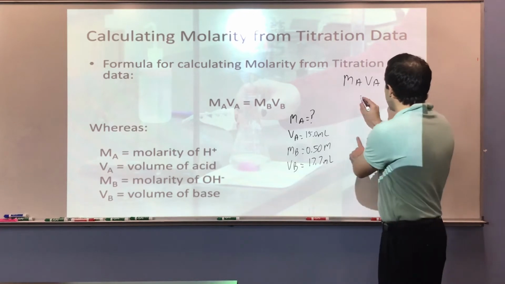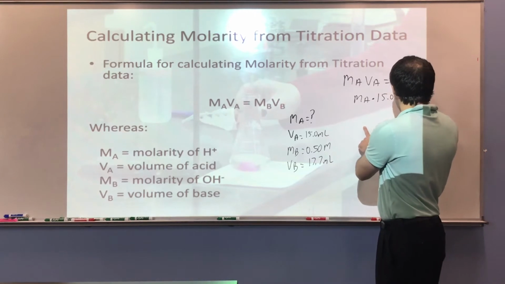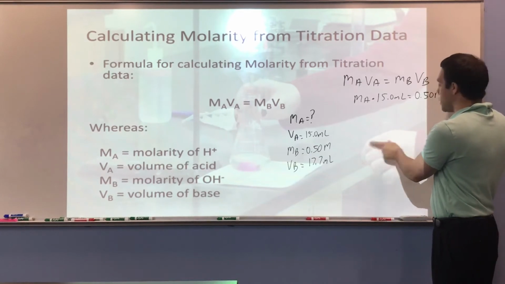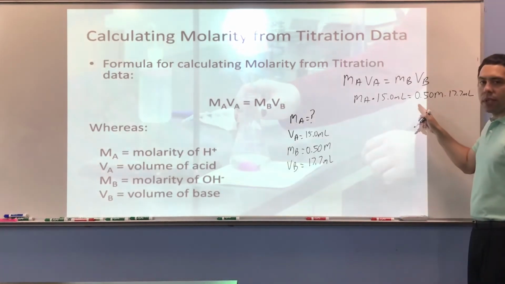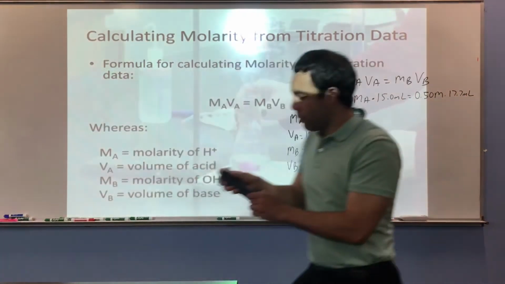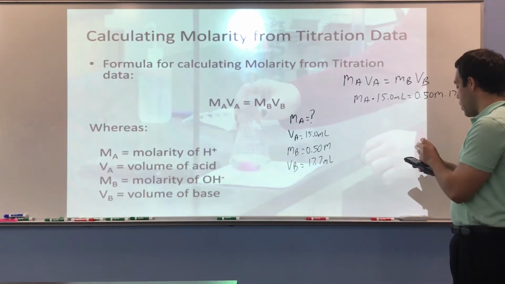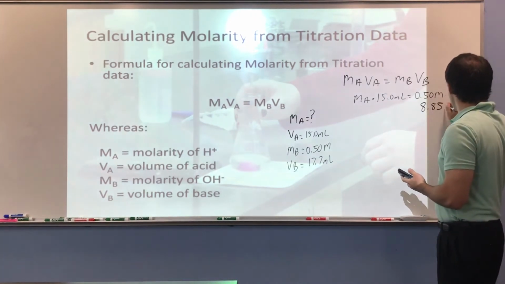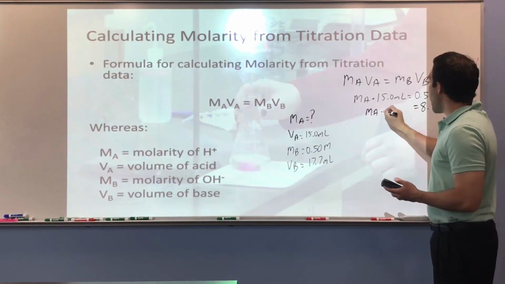So we plug those numbers in. Ma, we still don't know, times Va, 15.0 milliliters, equals Mb, 0.50 M, times Vb, 17.7 milliliters. First thing that we are going to do is multiply 0.5 times 17.7. So 0.5 times 17.7, we get 8.85. We keep the units, 8.85 molar times milliliters equals Ma times 15.0